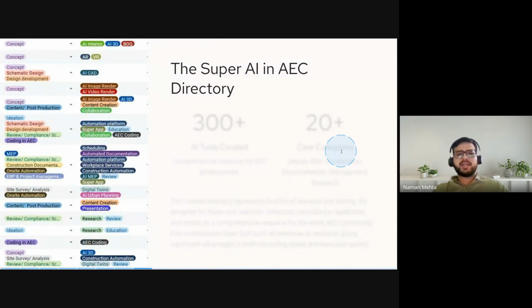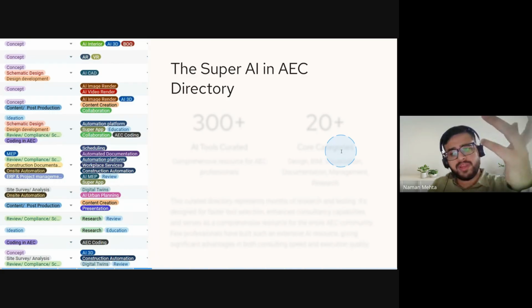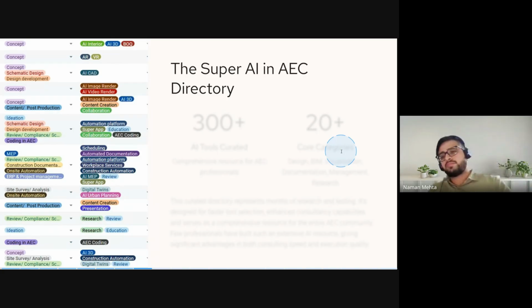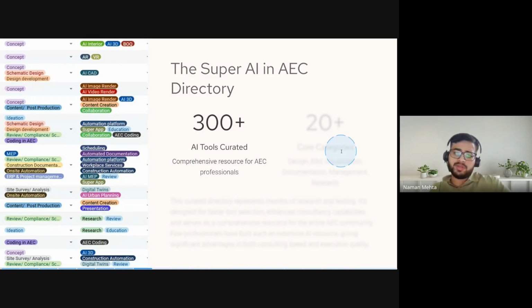So just sharing a small insight about resource material that I've created over the past couple of years. As we all know, there are multiple phases in any architectural engineering construction workflow. It always starts with research, then we have visualization, schematic design, design development, documentation, and then post occupancy, right? So I have created a list of around 300 plus AI tools